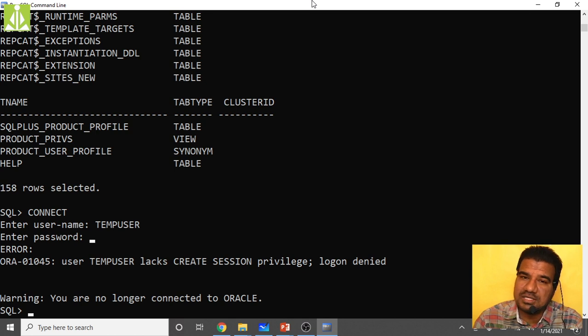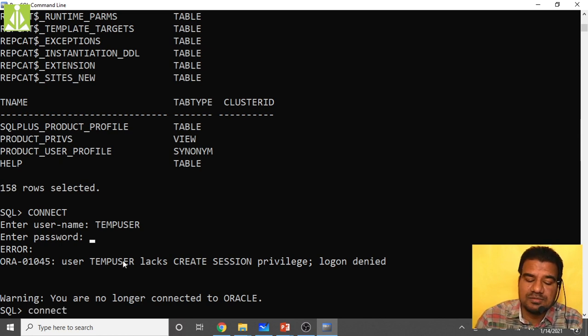I am doing this deliberately because many of you are getting this type of error: user temp user lacks create session privileges. To get the create session privileges, we need to be administrator. As this temp user is not an administrator, we are getting issues.